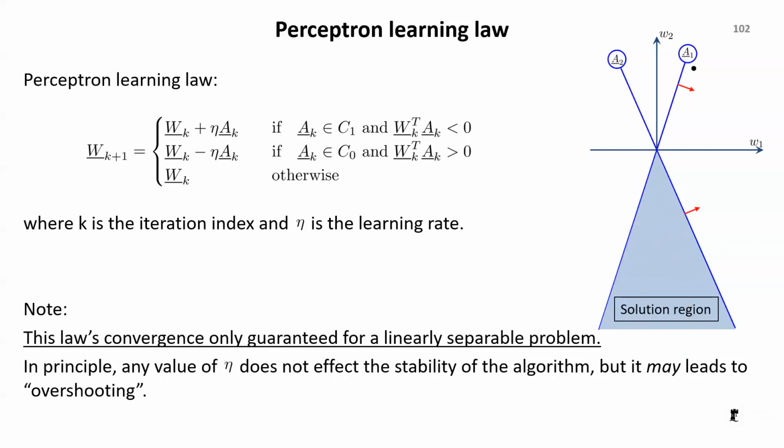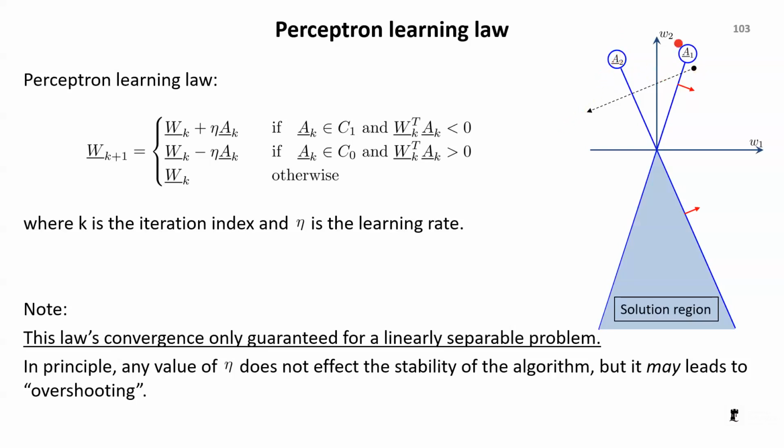Assume that we start at a random weight here. Now, if we compare with this point A1, it is already correct, so we don't need to move. But when we check A2, it's not correct for A2. So it needs to correct the weight from here, in the direction perpendicular to this line for A2. So that's why it's going there.